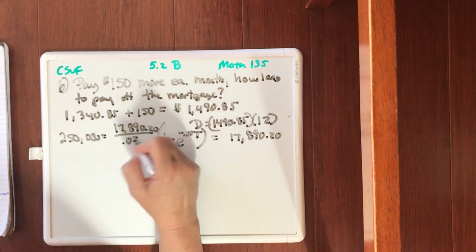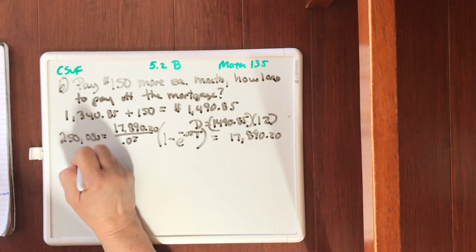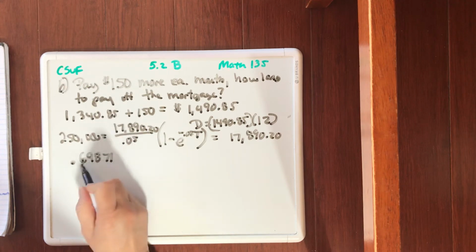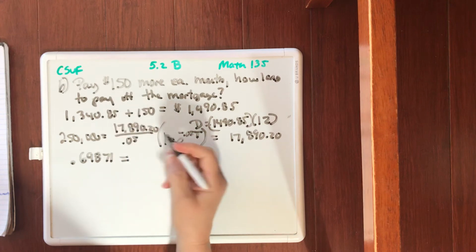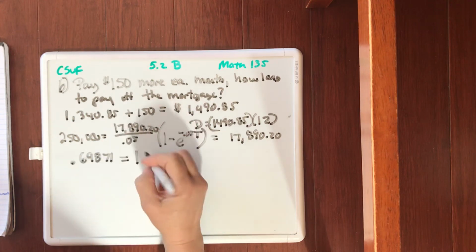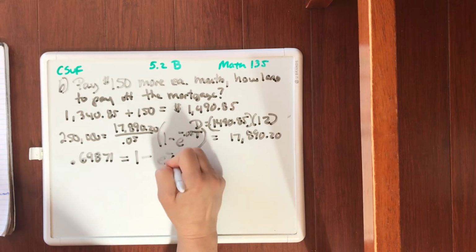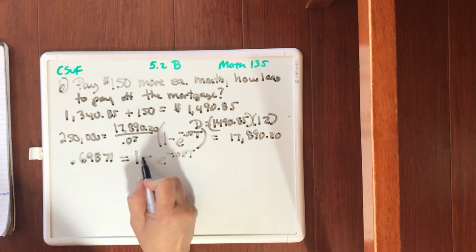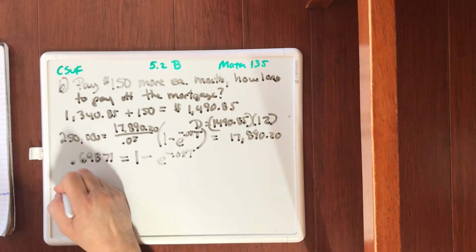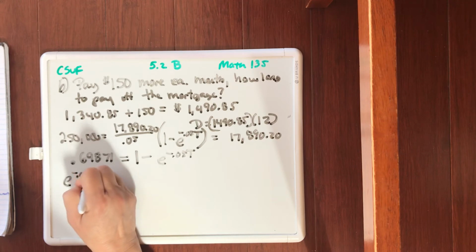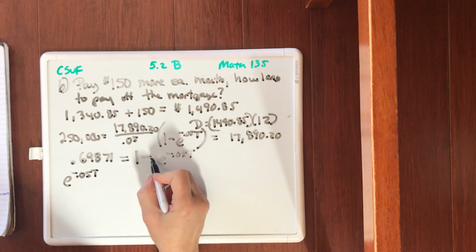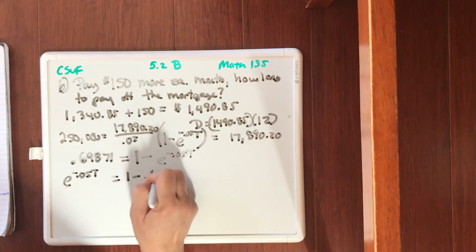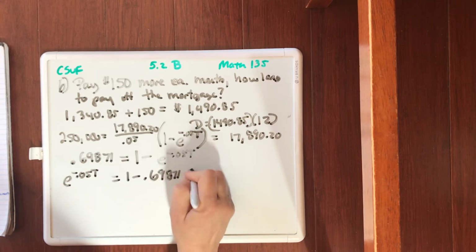Taking this, dividing that by that, is going to be 0.69871. Now remember to go out on your decimals. Don't cut back at this time, because you'll get a lot of round-off error, especially with money, especially with long years. So we have 1 minus e to the negative 0.05 t. We're solving for t. This is negative right here, so I'm going to put it on the other side and make it positive: e to the negative 0.05 t. I made this positive by adding it to both sides. Now I'm going to bring this over here, so I have 1 minus 0.69871, and that equals